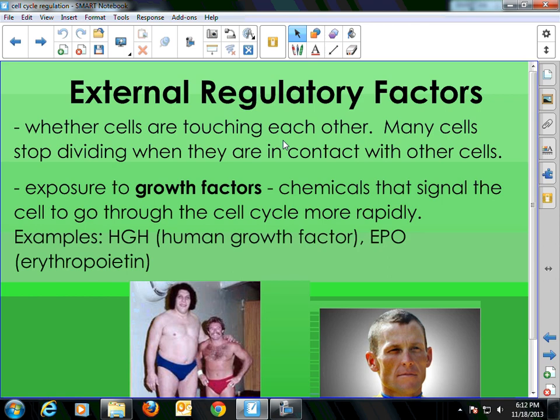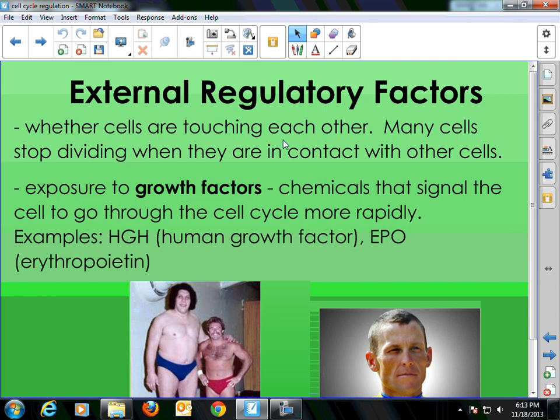When a wound opens up in skin cells, the cells that were usually next to each other have been torn open. They realize that, and they go through the cell cycle rapidly in order to close that wound. Once they're actually in contact with each other, then those cells will start to slow down that process, and they should actually stop so that we don't overgrow and create a big scar in an area of an injury.